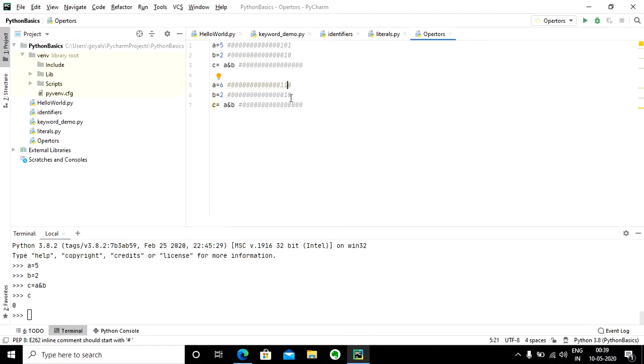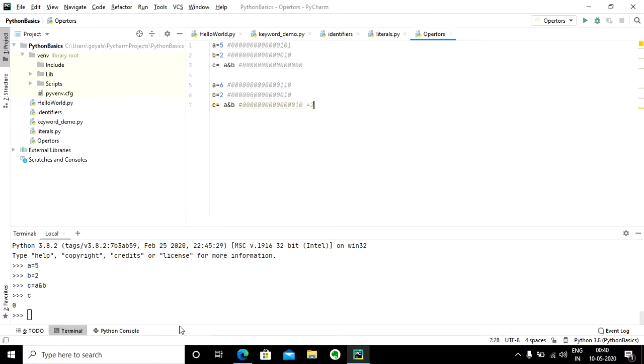So if I perform 0 and 0, that would be 0, and here both bits are on, both bits have a value of 1, so this would be 1. Okay, so that is going to happen in this way. So the output would be 2, because if I compare the remaining bits, 1 and 0 would be 0 and all the other bits are 0, so the output would be this whole number, which is equivalent to 2.